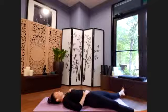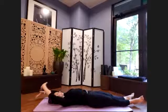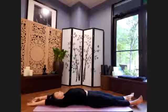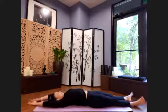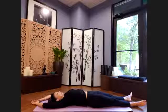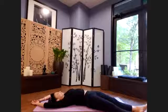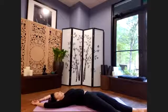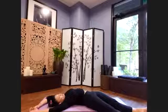And from that place, slowly stretching, bringing the legs maybe together here, stretching the arms overhead behind, stretch your whole body as you inhale. You go to melt into the earth as we exhale. Go ahead and reach the legs over to one side, keeping our back bodies on the ground and stretching the arms over to that side as well. So still lying flat on your back